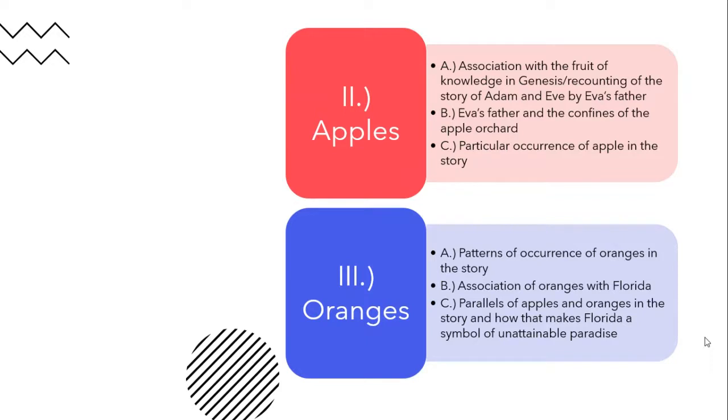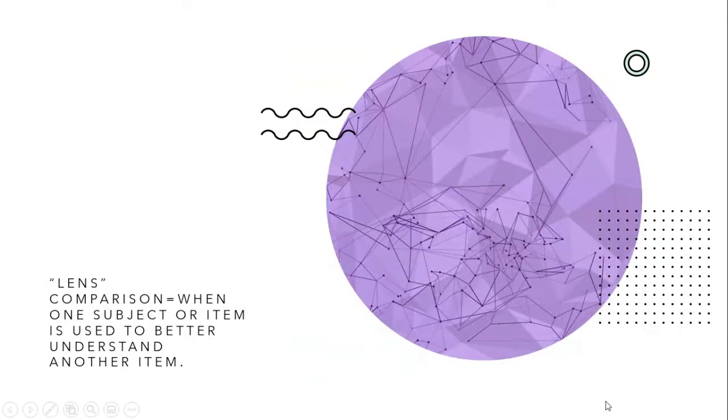Once you've brought it all together, looking at the parallels between apples and oranges and the contrasts and all that, and making a definitive claim about the purpose of oranges in the story, the symbolism of oranges. And you'd be explaining the symbolism of oranges essentially by contrasting them with the symbolism of apples and how they both represent 2 different places, right? And when you